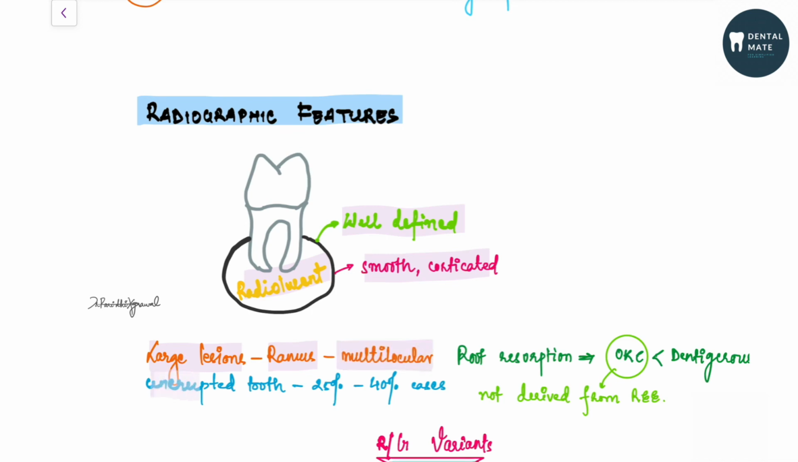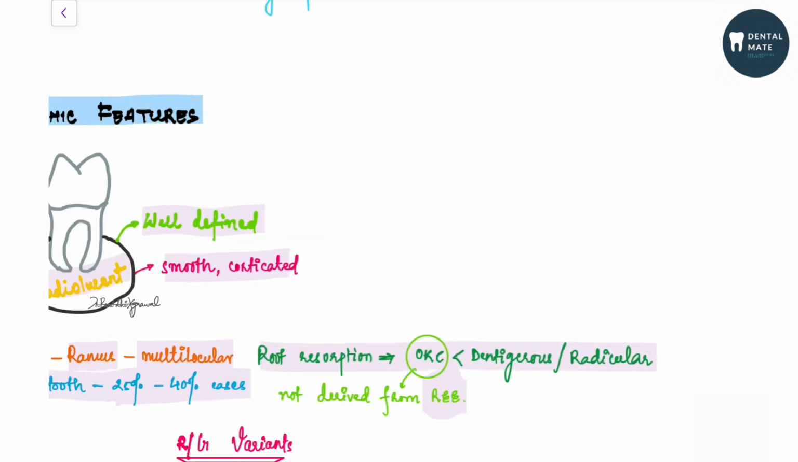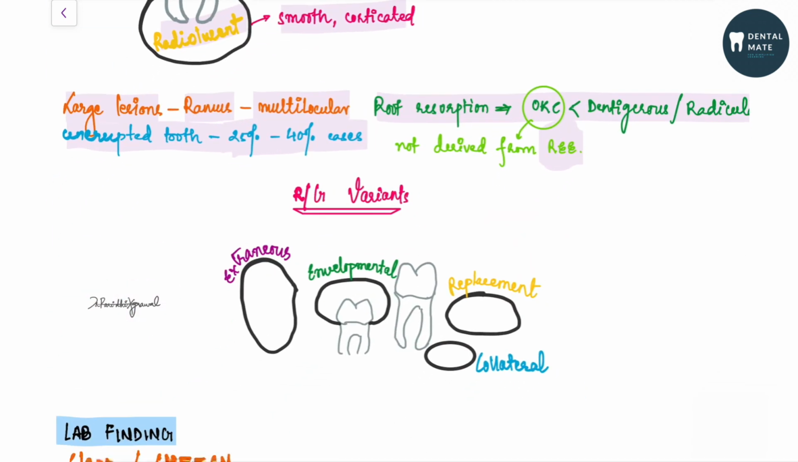It is associated with an unerupted tooth in 20 to 40% of the cases. There is less chance of root resorption in OKC when compared to dentigerous and radicular cyst. There are 4 different radiographic variants of OKC. The first one is the extraneous type. Extraneous type means it is seen somewhere else, for example, in the body or the ascending ramus where the tooth